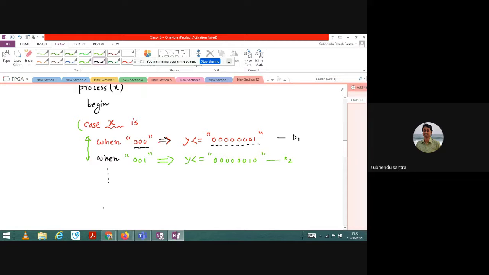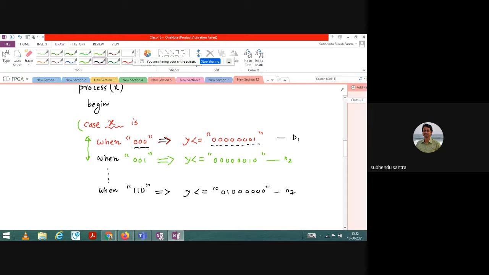Finally I will write the last instruction. Before that, when you have 110, what should I do in that particular case? I should turn on the D7 bit.